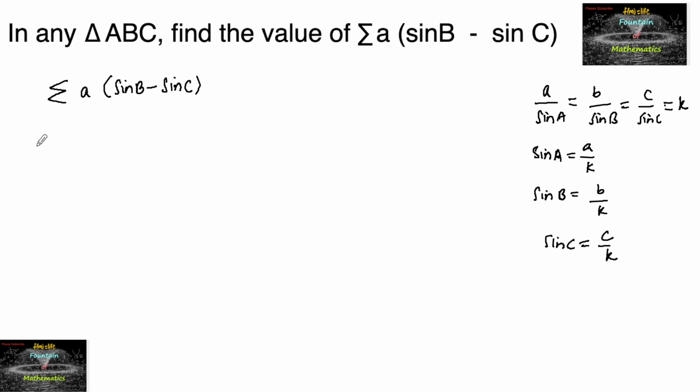So this can be written as summation of a times sin B, which is b upon k, minus sin C, which is c upon k, which is equal to summation